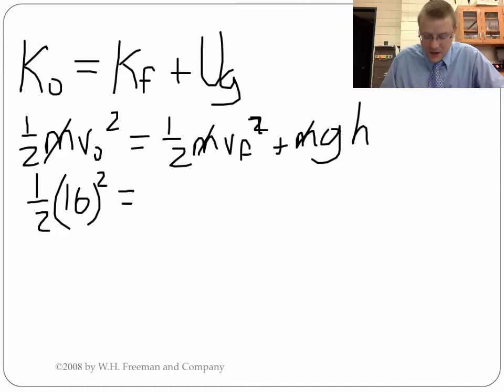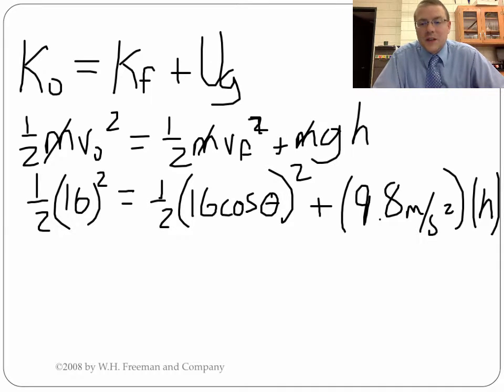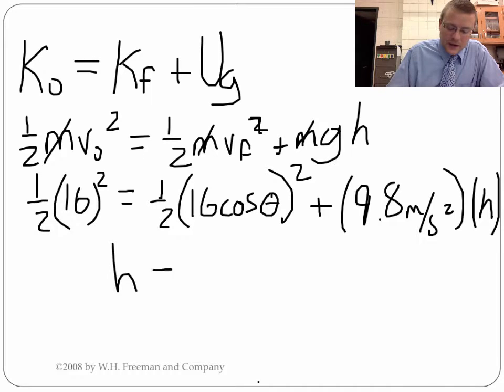Over on the final side, the velocity at the highest point is just the horizontal velocity. So really you just have to care about how fast it's going horizontally, which comes out to 16 cosine of the angle meters per second. We'll square that value, plus 9.8 meters per second squared times height. So we have everything we need except for the height. You end up with a height of about